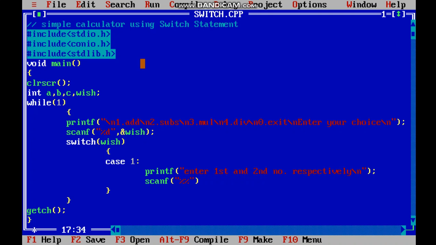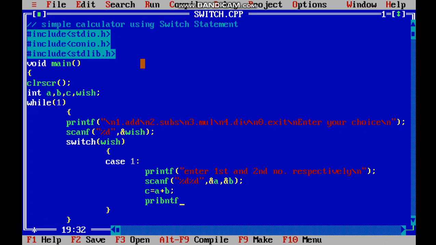See guys, do not forget to use two %d, because we are taking two numbers as input, the first number in A and the other number in B. Now all we have to do is use C equal to A plus B. Now what happened is the sum of A plus B is assigned to C.